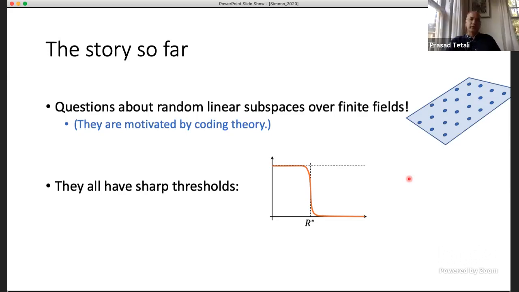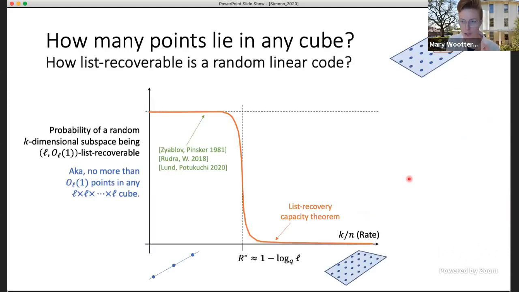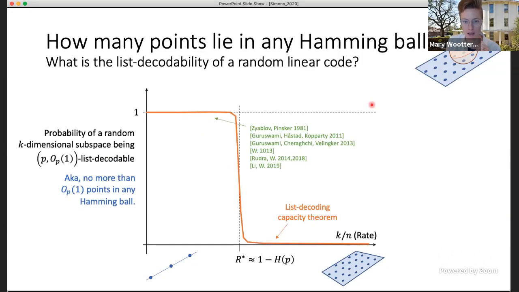I have a quick question, Mary. So I think you mentioned it before. So far, do the results you mentioned hold for F2 to the n, or are they typical for any finite field? For any finite field. Yeah, well, this one doesn't even make sense over F2, actually. Here, you need a large enough field. And these ones certainly work over any field. This one, depending on the parameter regime, works over some fields better than others, and larger ones get a little more dicey. But yeah, there are results of this flavor over lots of fields. Great question. Thanks.